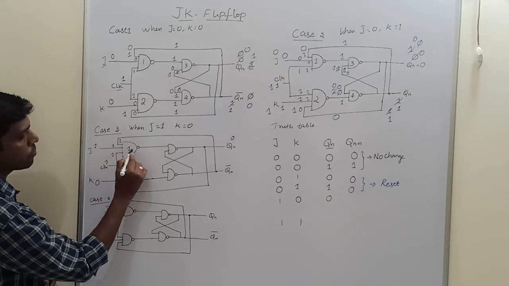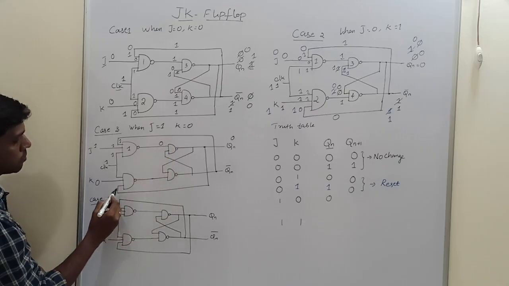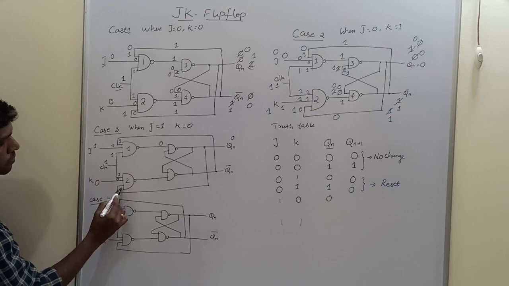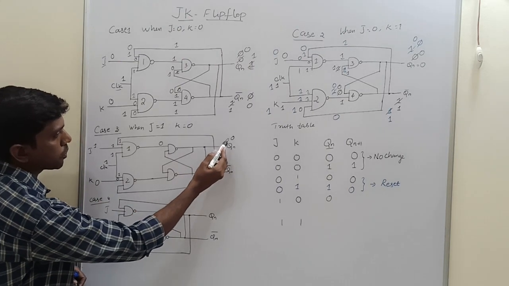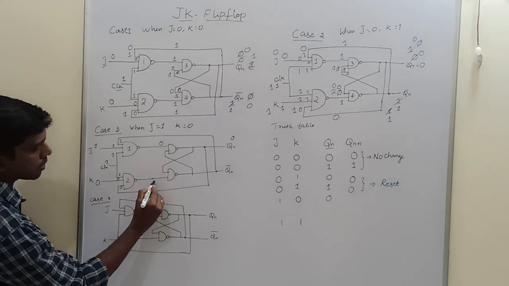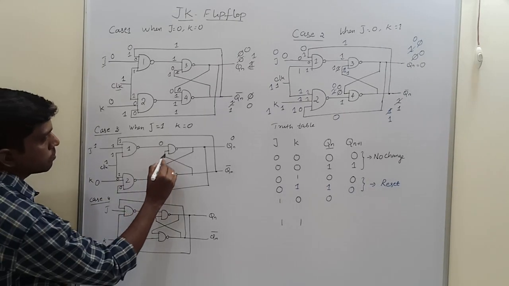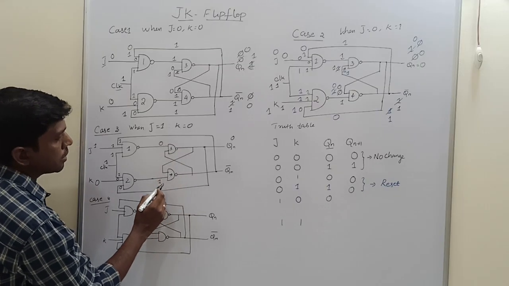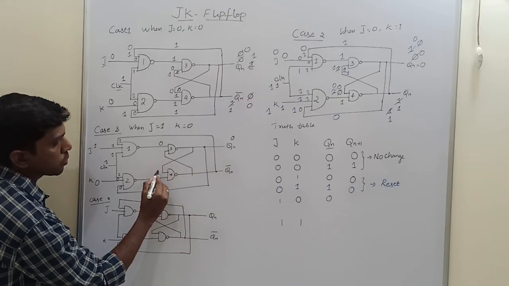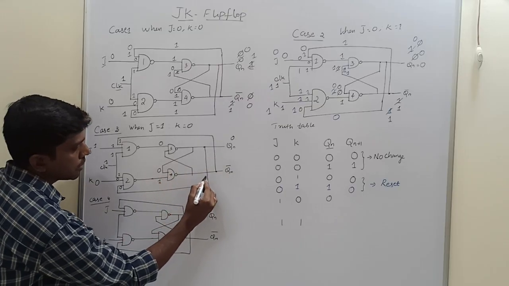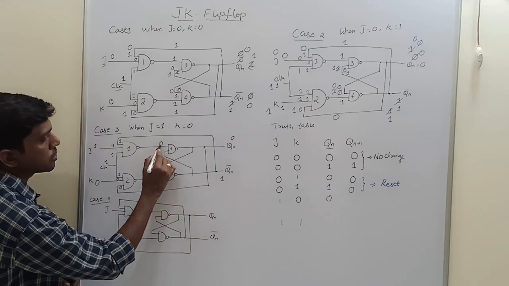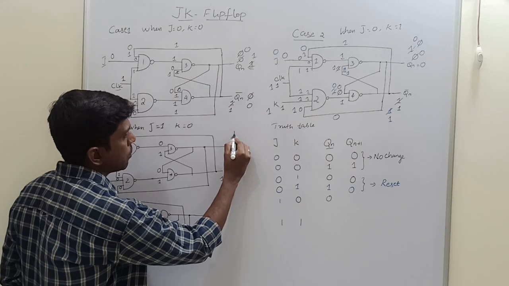The corresponding output of first NAND gate is 0. Then come to second NAND gate, clock value is 1, K value is 0. Then third input get from the Qn. So Qn equal to 0. So this value comes to here. So 1 0 0. The corresponding output is 1. So now third and fourth NAND gate, the input get from feedback path. So fourth NAND gate input get from Qn. So Qn value is 0, 0, 1. The corresponding output is 1. So this 1 is feedback to third NAND gate 0, 1. Qn value is now 1.